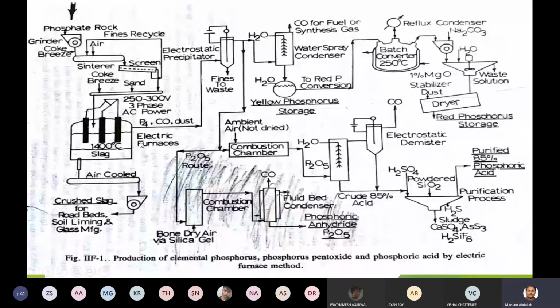Now the question is, what is the proportion of the phosphorus vapor that is collected? What is the proportion of the slag that is collected at the bottom of the electric furnace? You will have 31% of the phosphorus vapor collected at the top, while the balance 69% will be collected as slag at the bottom. The slag that is collected is cooled. At what temperature is it cooled? Whether it is 0 degrees or 100 degrees. It is cooled at a temperature less than 530 degrees Celsius. It means the cooling will reduce the temperature from 1400 to 530 degrees Celsius and below.